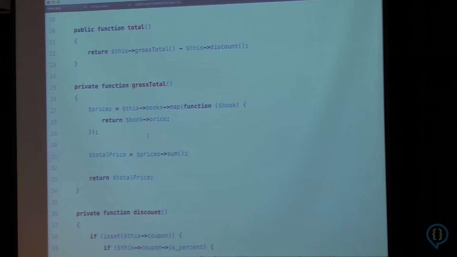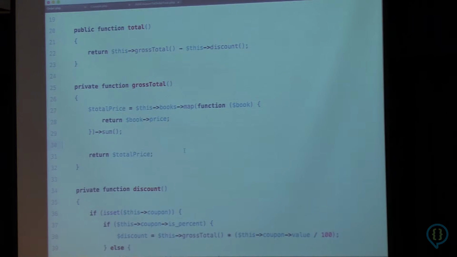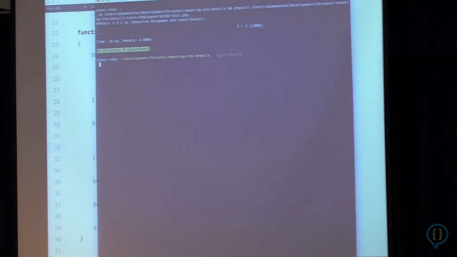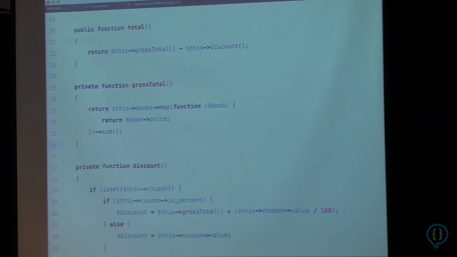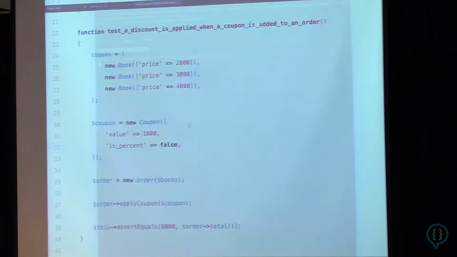But looking at this, it looks like we can simplify it a little bit more, right? All we're doing is creating this prices temporary variable and then calling sum on it to determine the total price. So we can actually inline some of this. We can move this sum call right here, and now prices becomes total price. That's a little bit shorter, and hopefully everything's still passing, and it is. And now this variable is not really worth having around either. So we can replace this whole thing with just a return statement, run the test, and we're still green.